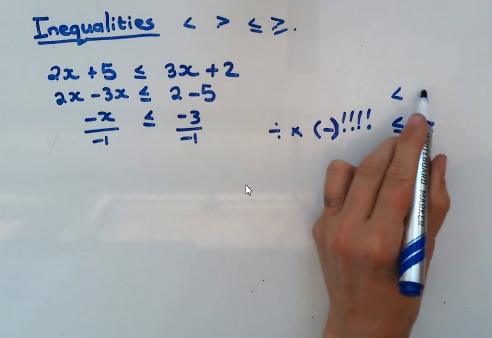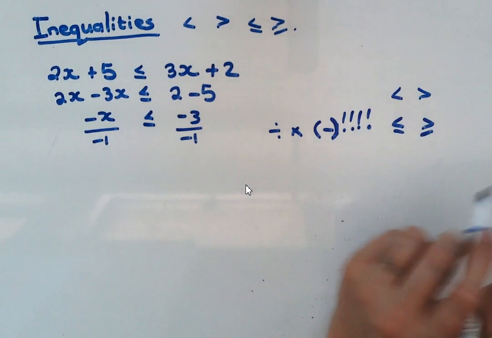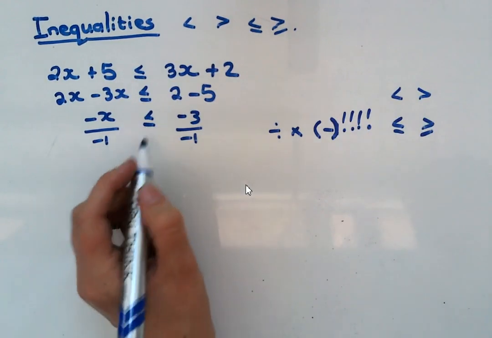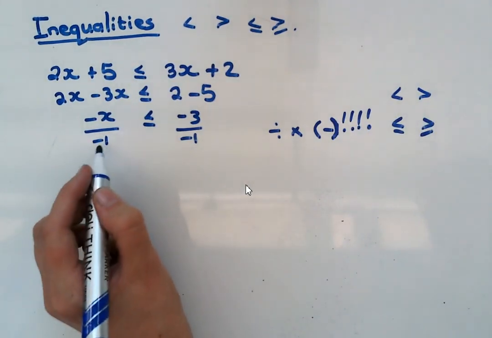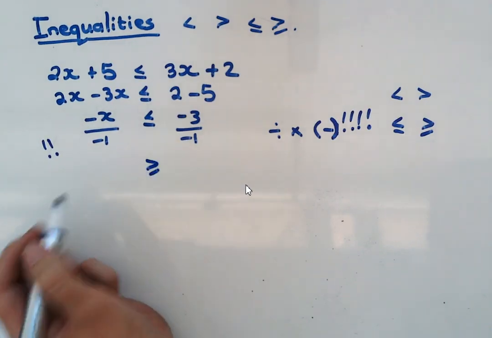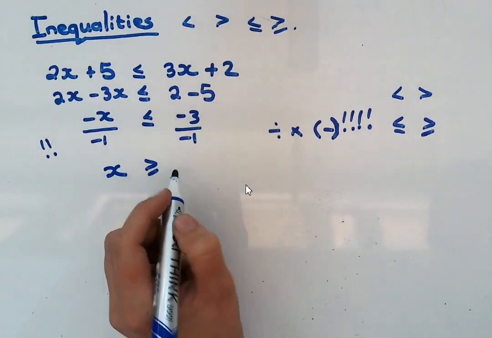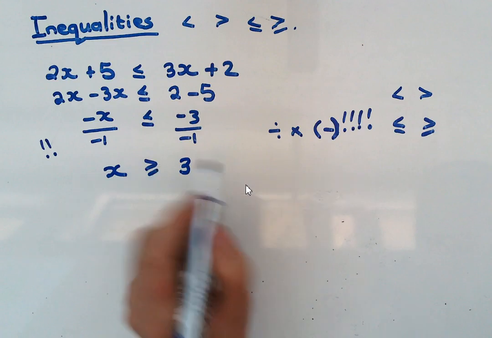Right, if it's smaller than, make it bigger than. If it's bigger than, make it smaller than. If it's one of these, make it the other one. So I divide by a negative, then I remember I must flip the sign around. Okay, so negative divided by negative is positive, negative divided by negative is positive, so x is bigger or equal